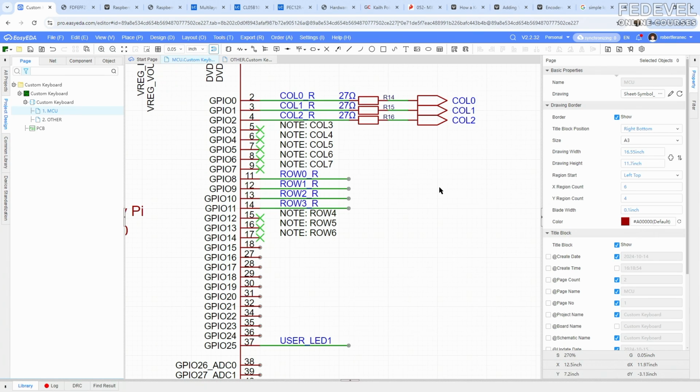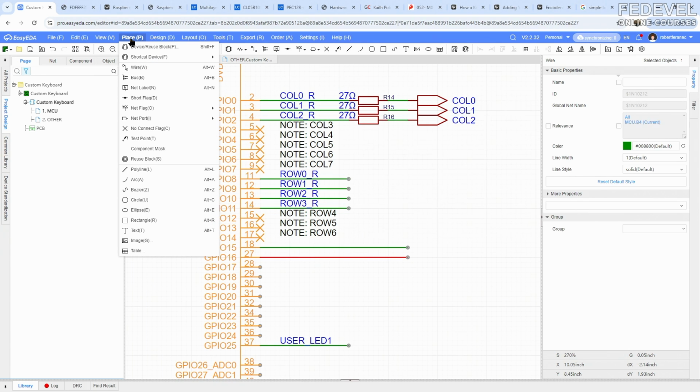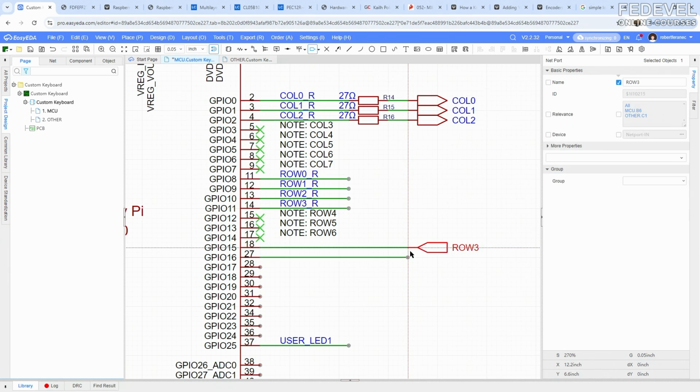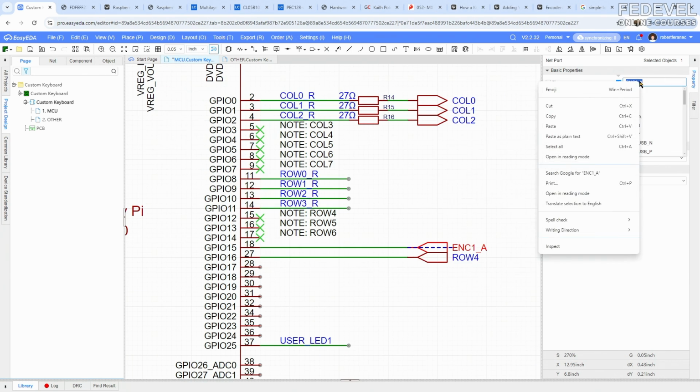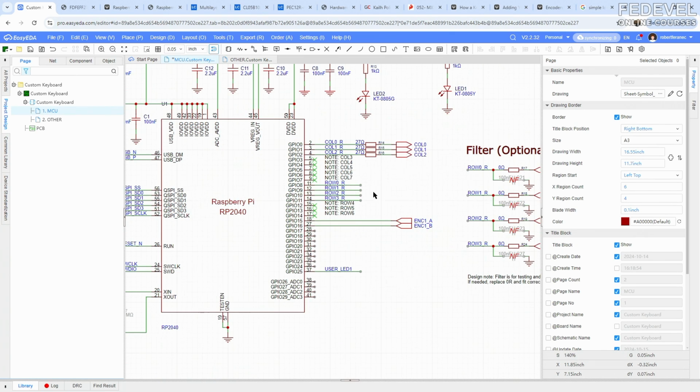We can just specify any pins, so we can connect the encoder to the next pins, GPIO 15 and 16, and again I'm going to use input ports, and I'm just going to connect these to the microcontroller, and the other side,